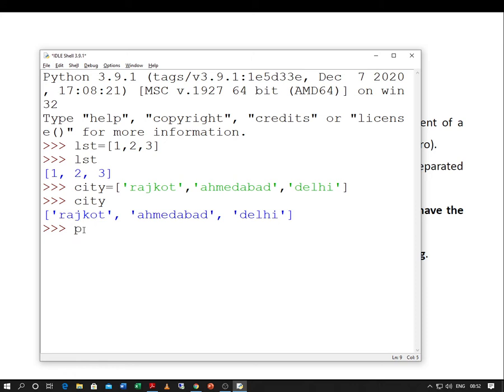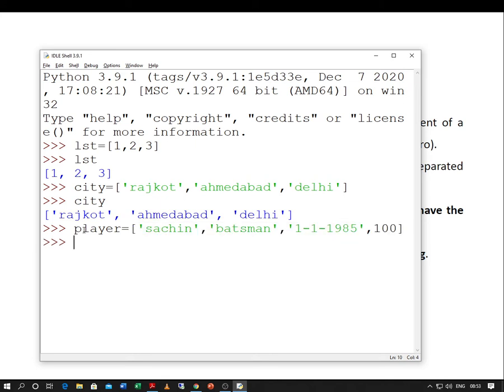Say for example player, I am creating a list of player starting with the name Sachin, he was a batsman, so maybe his date of birth, we just put a random guess for it, say 111985, and the number of centuries that he scored, say for example 100.